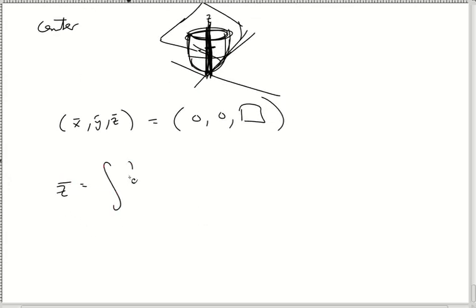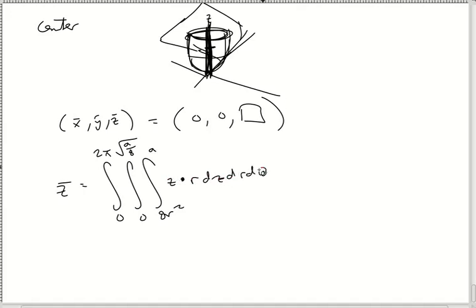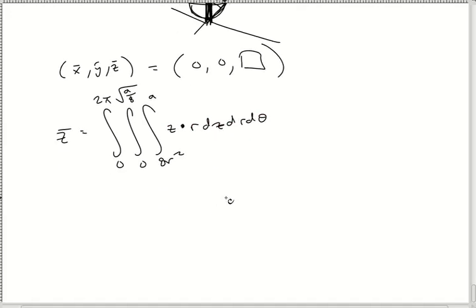Z bar is the same thing we just had. So let me go and start filling out. 0 to 2 pi, 0 to square root of a over 8. Here we got the paraboloid, and it stops at the plane. And the only difference now is that you put a z in there. All the rest is the same. So r, dz, dr, d theta. And of course now, sorry, almost forgot, divided by your previous answer